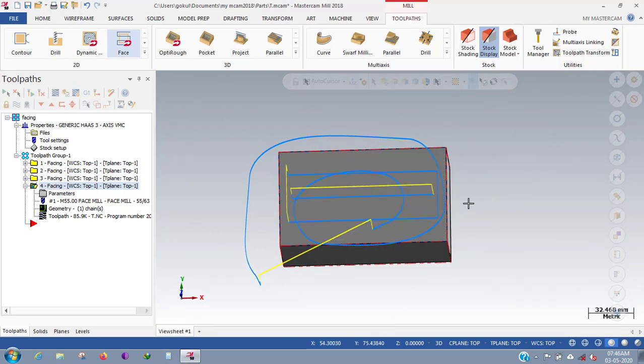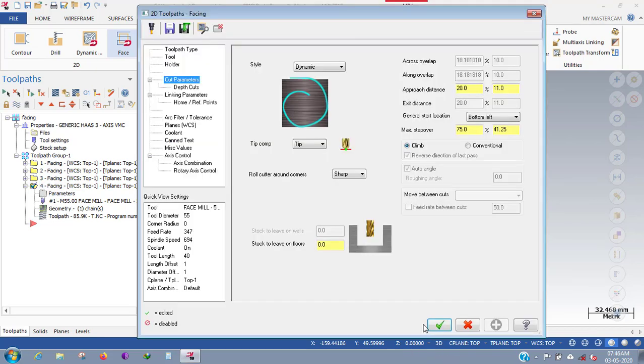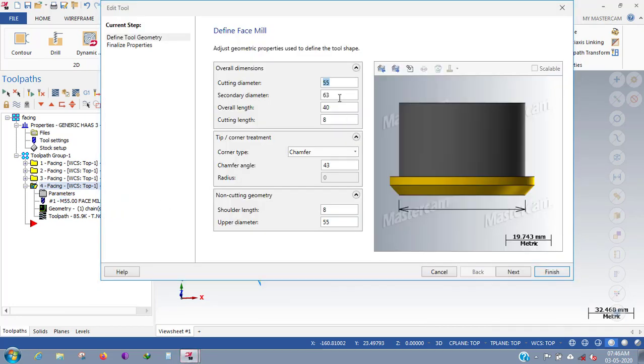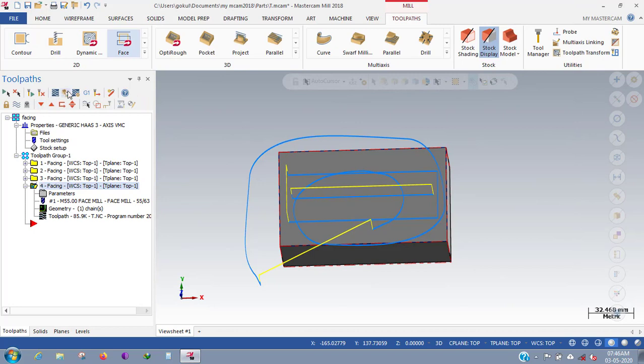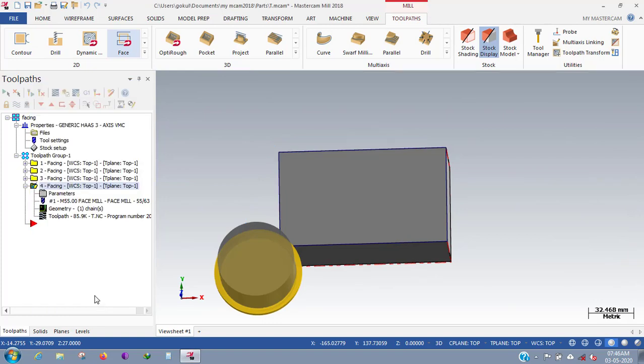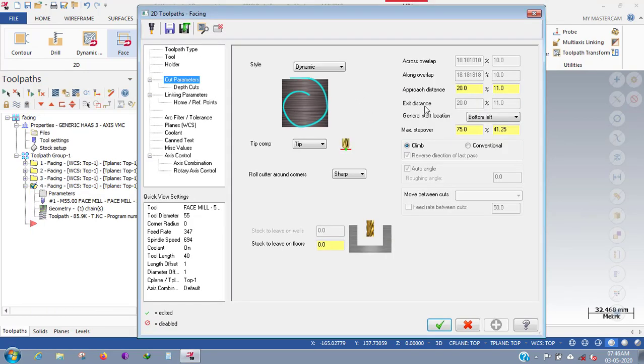Okay, in this, what are the parameters and so on, we are using the same 55 mm tool for this, and if you see the cycle time, it will be 6 minutes and 43 seconds.